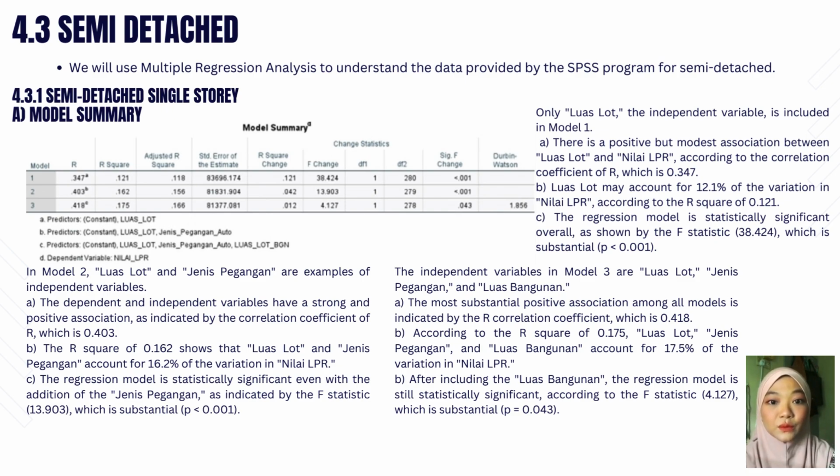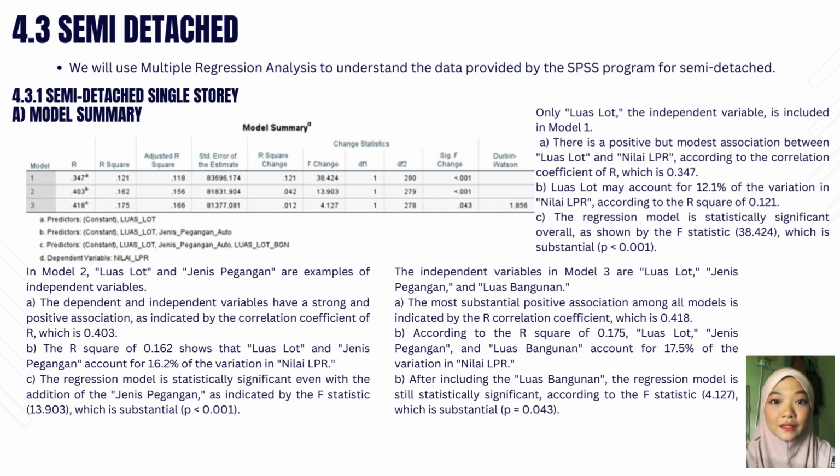In Model 2, luas lot and jenis pegangan are examples of independent variables. The dependent and independent variables have a strong and positive association, as indicated by the correlation coefficient R, which is 0.4. The R-square of 0.162 shows that luas lot and jenis pegangan account for 16.2% of the variation